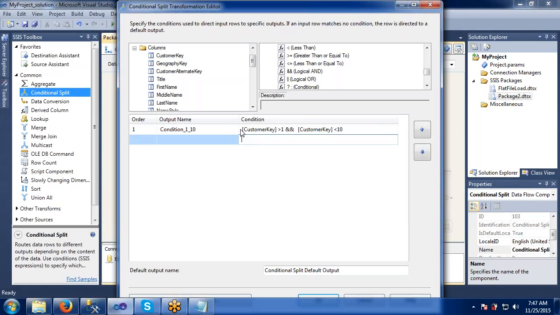Now let's take the second condition. For that, I am just copying the same condition, because for 10 to 20, the second condition has to be satisfied.